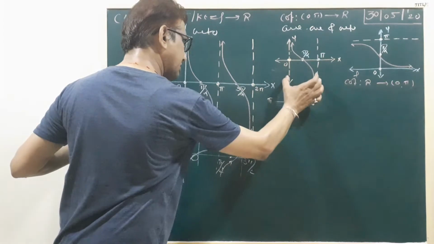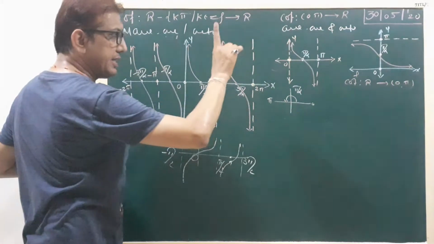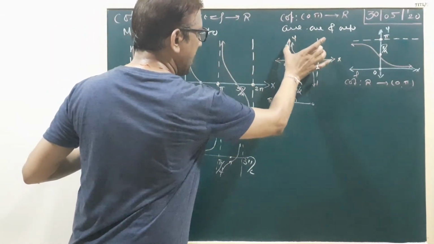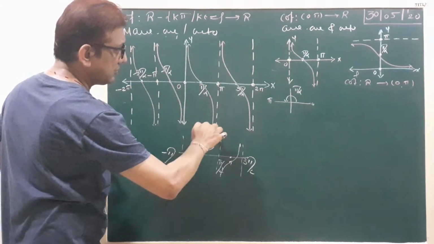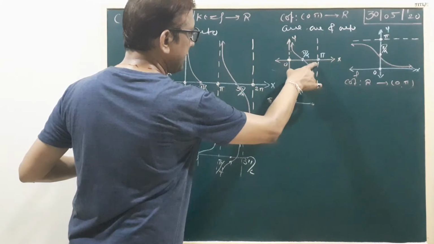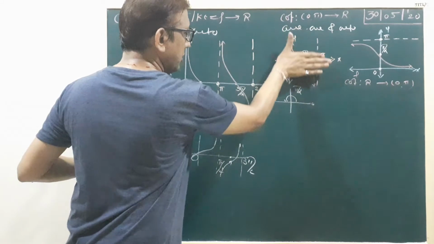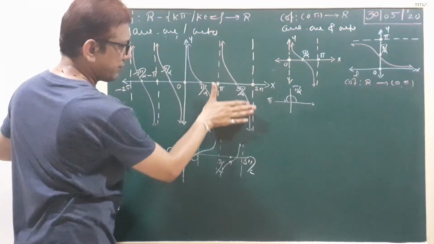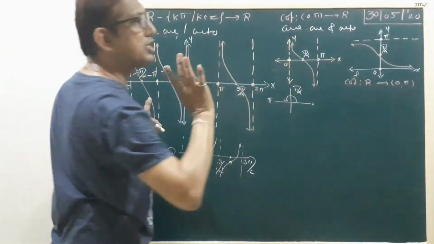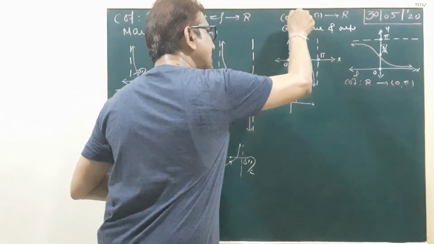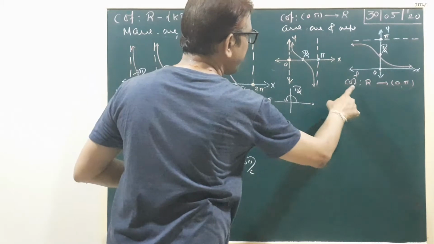Look here, this portion. Open interval 0 to pi. And we draw the graph only for this portion. Clear? Okay. So 0 to pi open interval tends to R. This function is only this portion, not any other. Otherwise you can select this one. Only this one, so the function is 1 1 and onto. So now finding the inverse function of cot is possible.